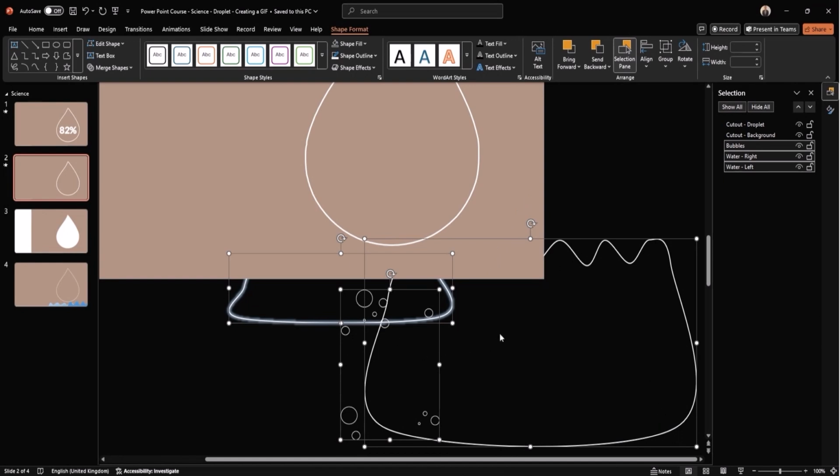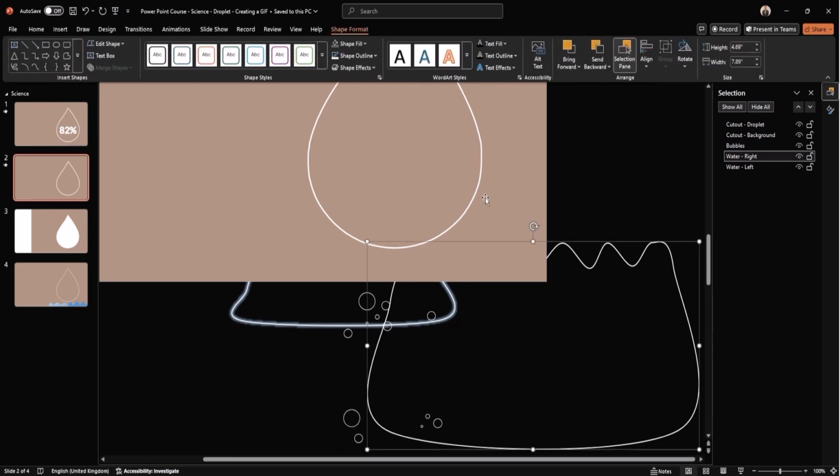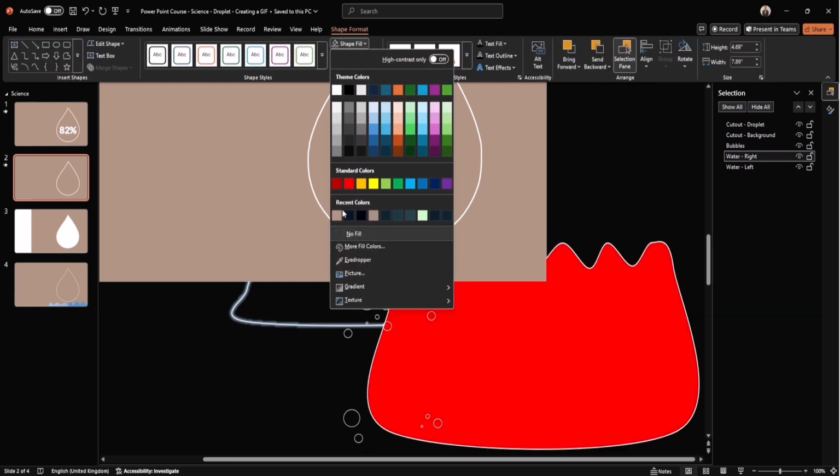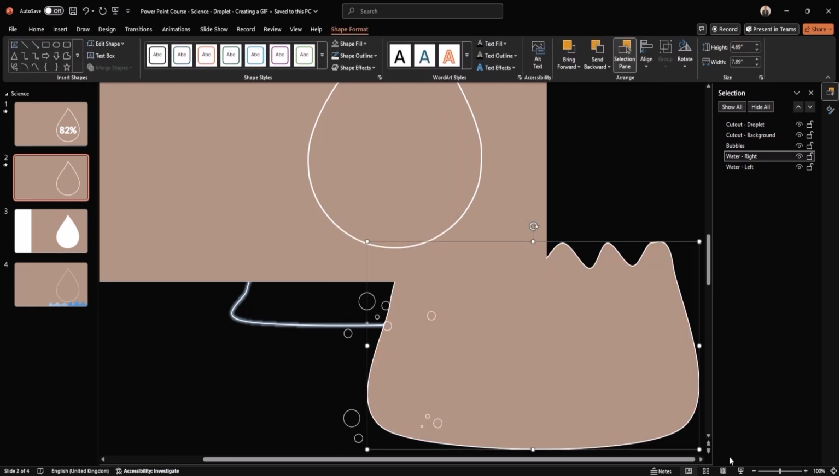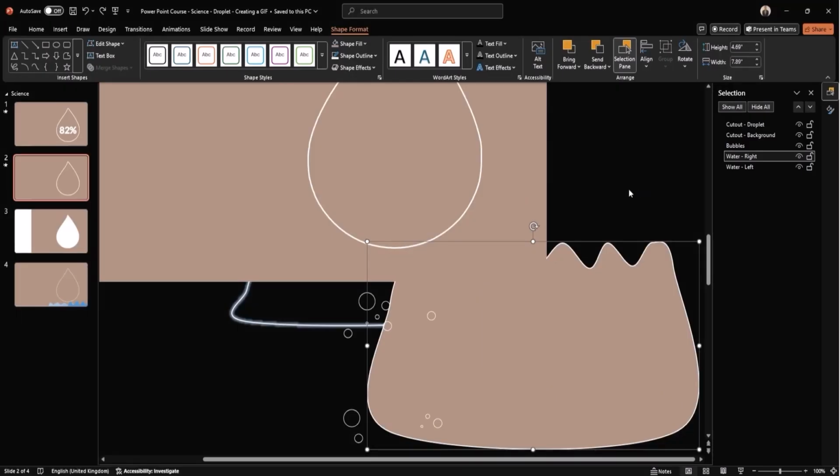Just add a brown fill, the same color as the background, to the primary wave to cover up the secondary wave behind it. Let's play the slide again and see if it looks right. Much better.